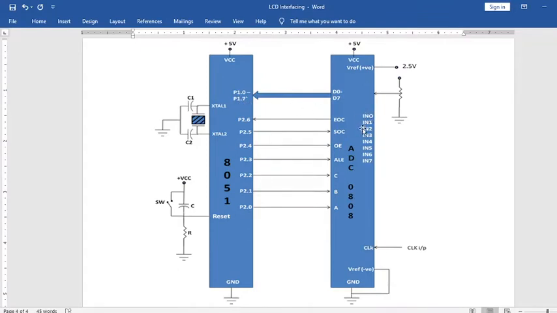Now here are inputs 0, 1, 2, 3, 4, 5, 6, 7. A total of 8 inputs are connected to the analog to digital converter. The input to this ADC will be in the form of analog, isn't it? Since it is an analog to digital converter, the input must be in analog form. So that input is provided on these 8 lines.